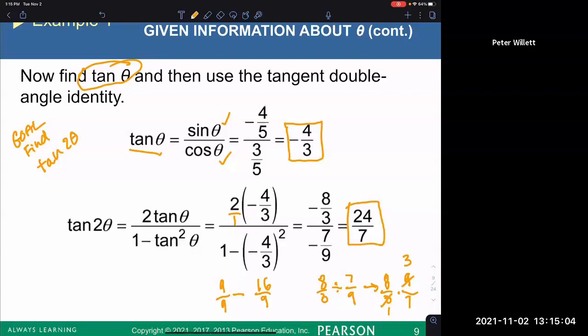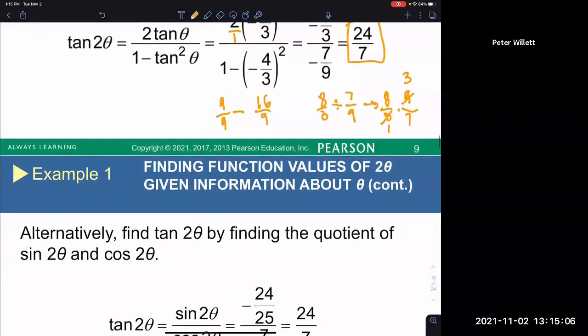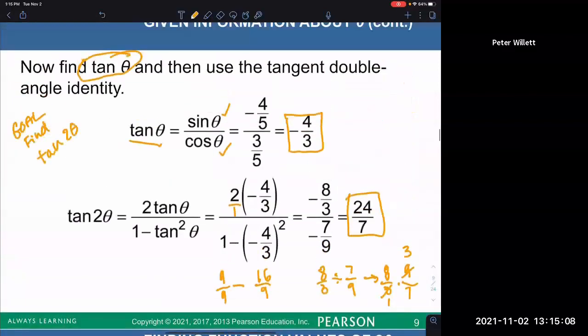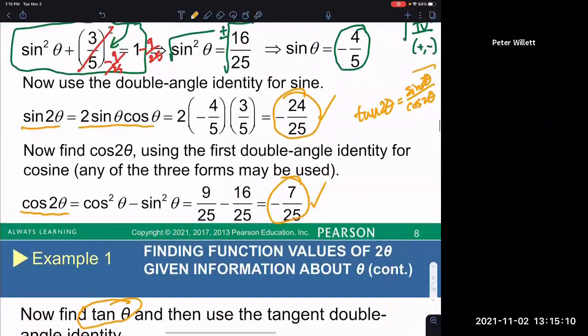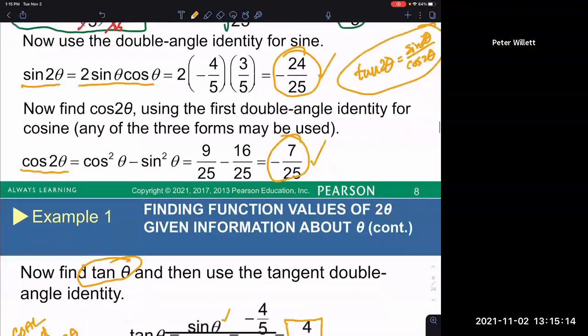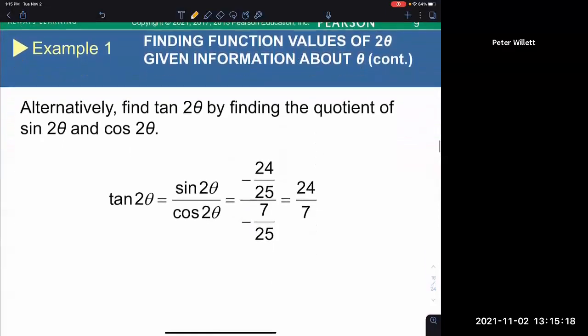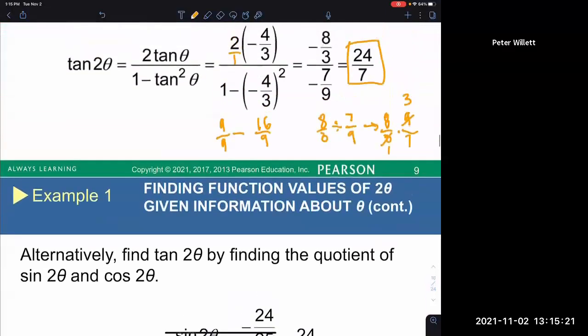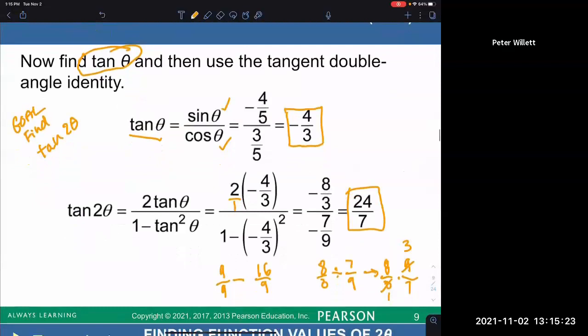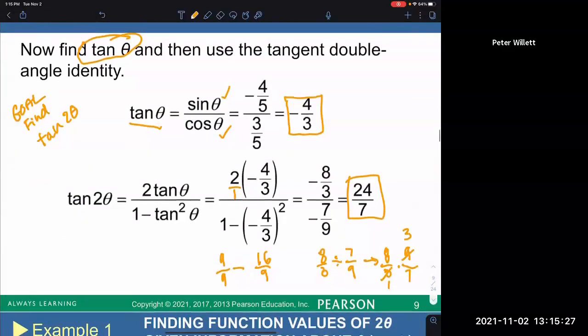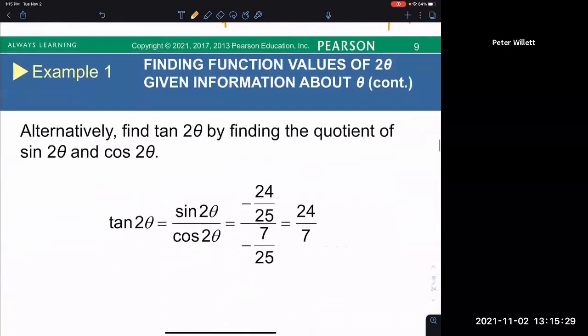Do they do that the easier way next? There we go. This is the one I was just saying. So up here, I was saying you can use that tan 2 theta is just sine 2 theta divided by cosine 2 theta. And I'm happy to see that they do that here alternatively. All right, I don't feel too bad then. I was saying, come on, guys, you can't expect students to think this is the best way to do the problem. But they don't. They just show you could use the double angle formula, or you can just directly use,